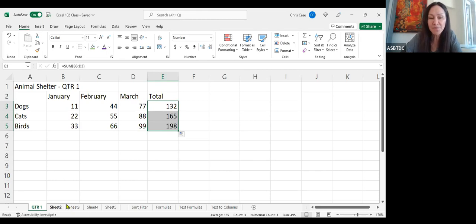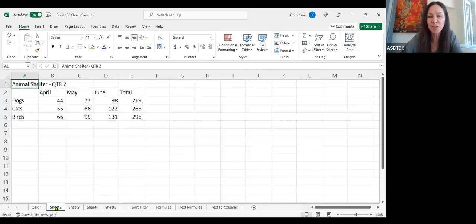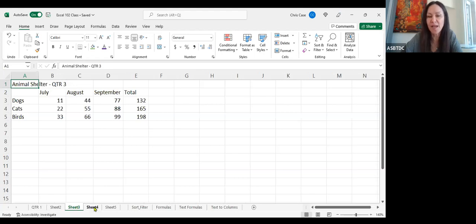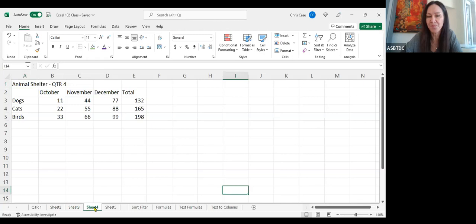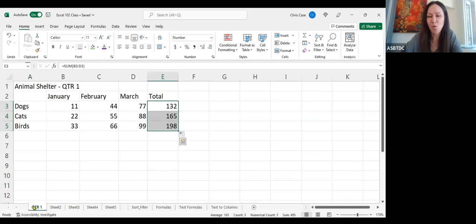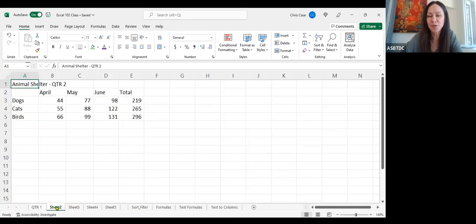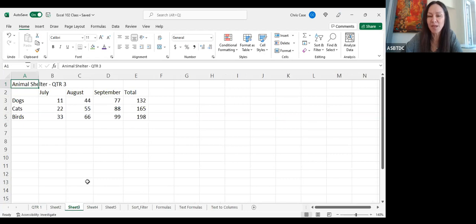Okay, so these are the different sheets. And you'll notice again, I renamed this one to quarter one, but I added another sheet 2 with information, a sheet 3 for the third quarter, and sheet 4 for the fourth quarter. Okay, so there's my quarter 1, my quarter 2, my quarter 3, and my